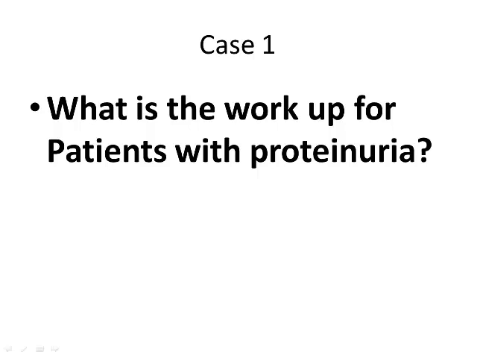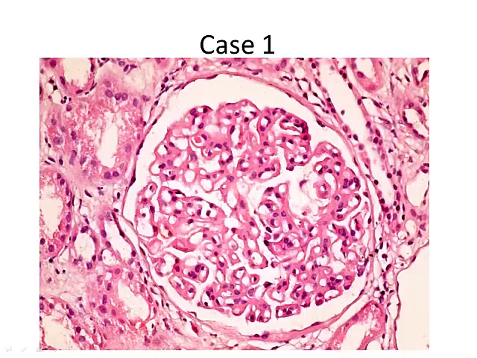So they biopsied the patient. Do you agree? Okay. So what we're seeing here is a glomerulus. This is what we call a hematoxylin and eosin stain, or an H&E stain. This is the routine stain used by pathologists, whatever type of tissue they are processing. So this is a glomerulus. This is the Bowman's capsule. This is the tuft of the glomerulus.